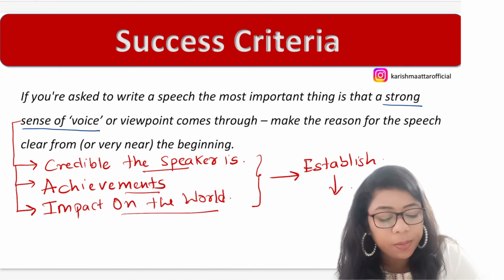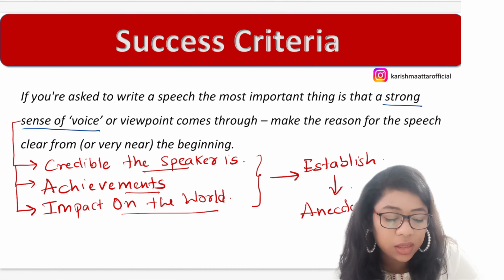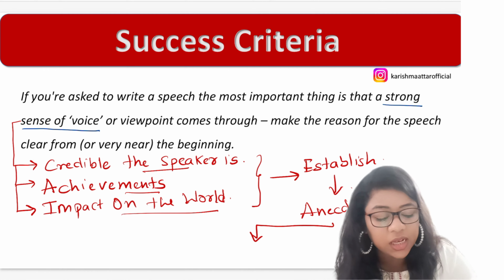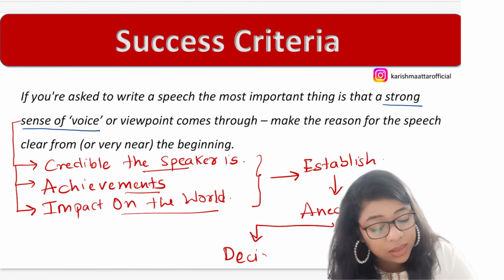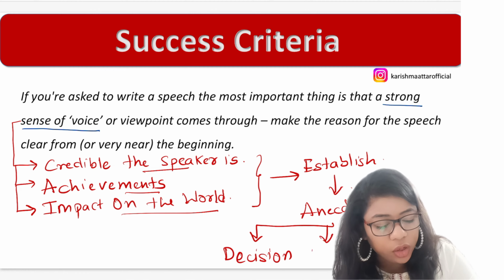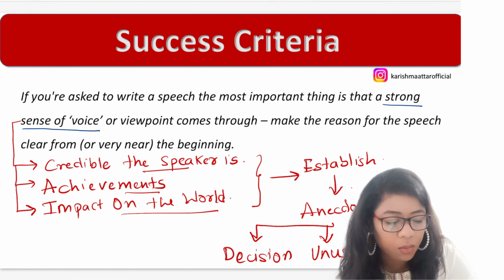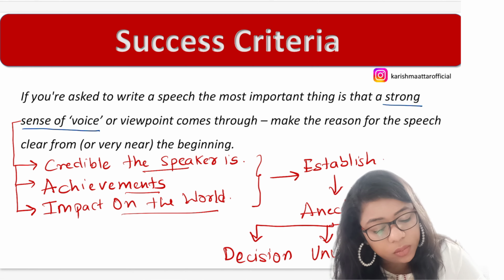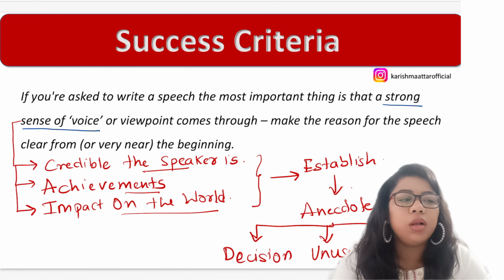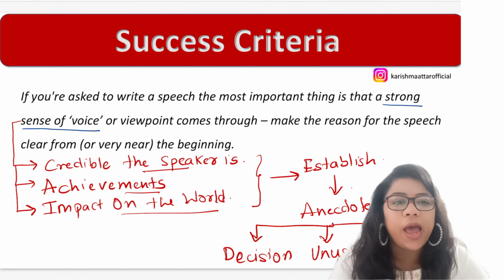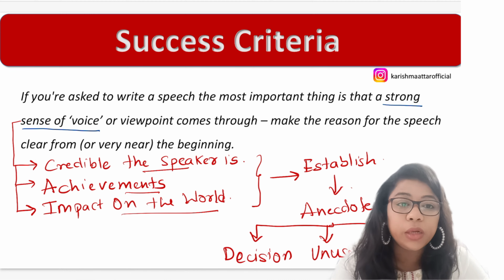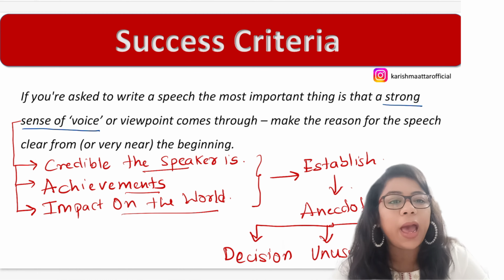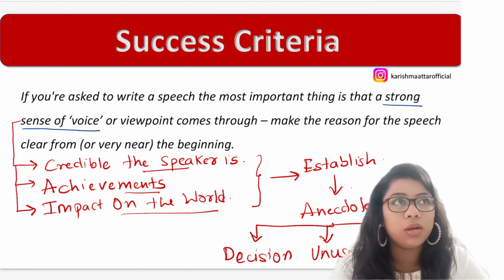How will you establish them? By using some anecdotes. What kind of anecdotes? Where you have taken certain decisions in some unusual scenarios, generally hardships, and what it has led to. That is your results. For example, let's say if I had to choose between international curriculum and national curriculum education,